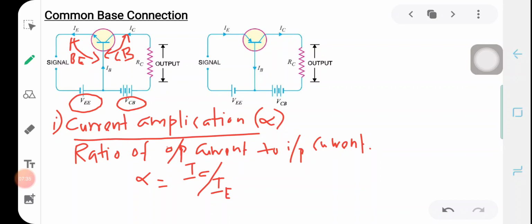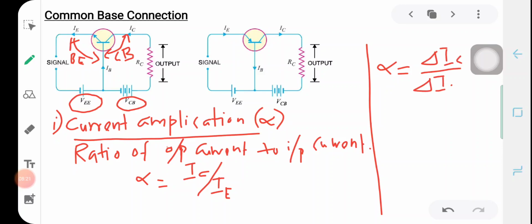But usually we use the transistor for amplification purposes, so the signal we use is an AC signal, so the voltage across the base emitter will vary between the signal amplitudes. So the emitter current will also vary. In that case, we can define the current amplification factor alpha as the ratio of the change in collector current to the change in emitter current. If delta IC represents the change in collector current and delta IE represents the change in emitter current, then alpha is equal to delta IC by delta IE,